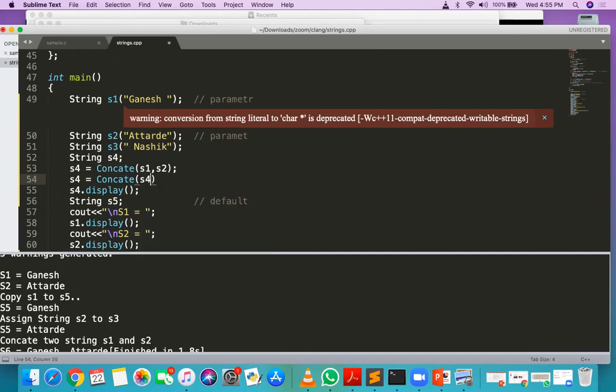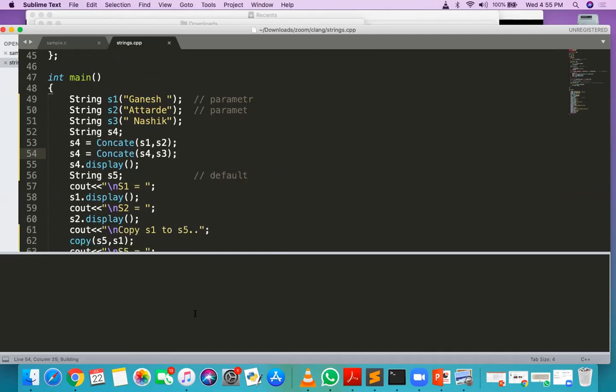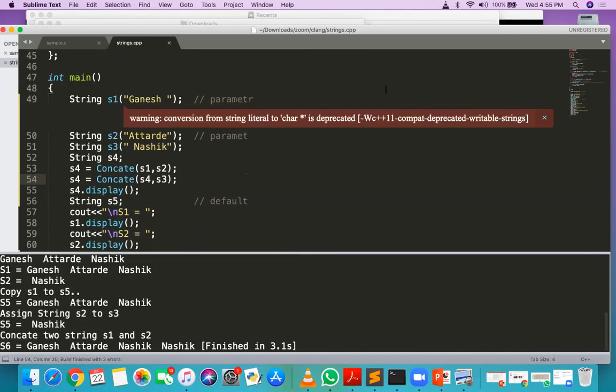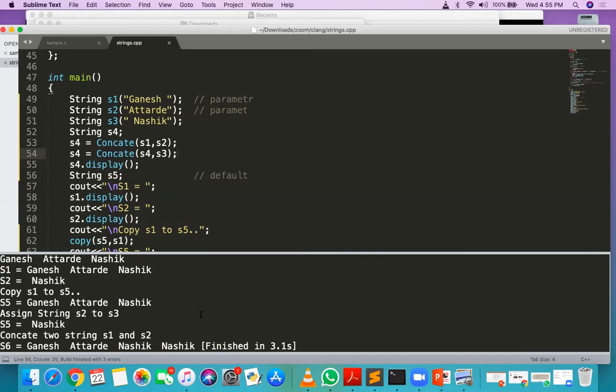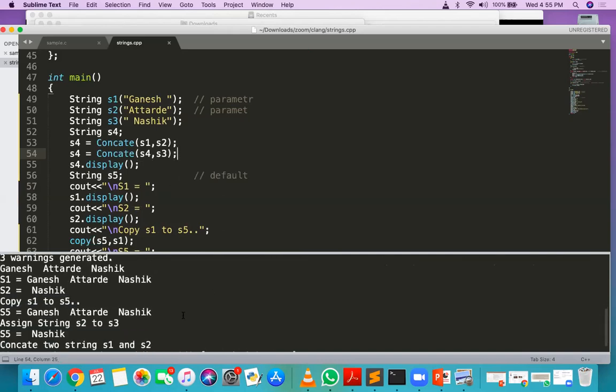S4 comma S3. S4 comma S3. Just let's try it. It also modified S1.